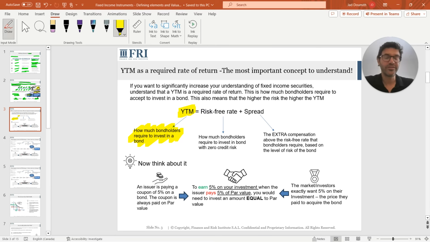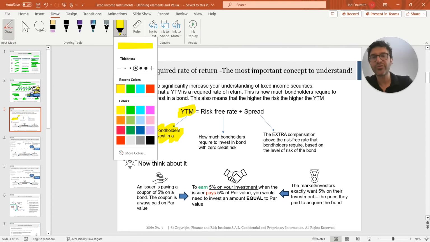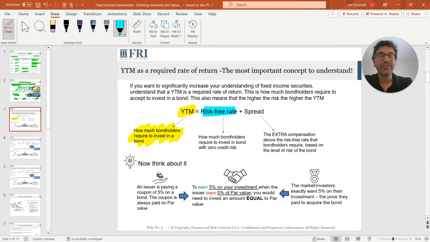Now, we can always think of the yield to maturity on any bond as a combination of 2 elements, the risk-free rate and an additional spread. Now, let's focus first on the risk-free rate. This is the rate of return that investors require even when they invest in zero credit risk bonds. Imagine buying a US Treasury bill issued, of course, by the US government in USD. It virtually has no credit risk. So even when you have no credit risk, you're still requiring a given rate of return, which we call the